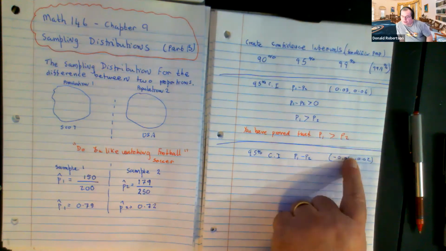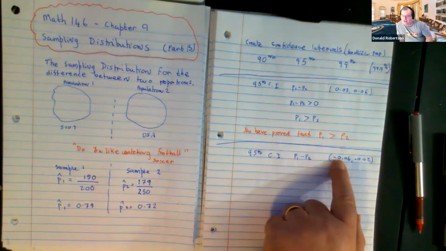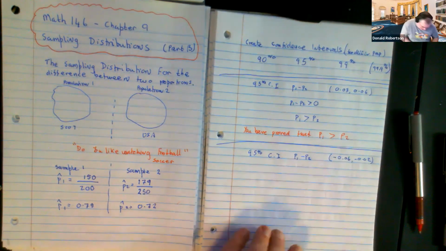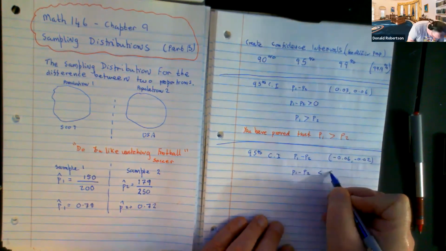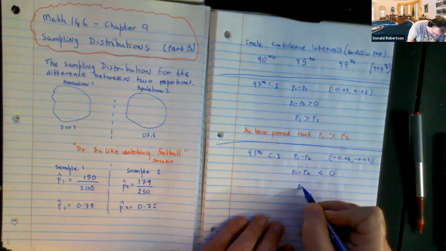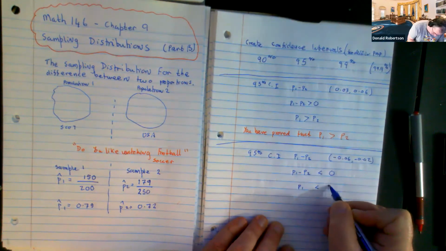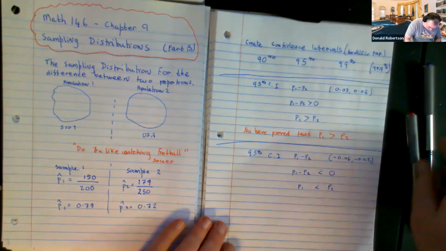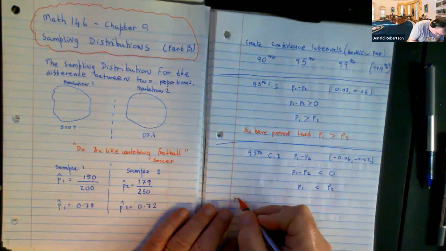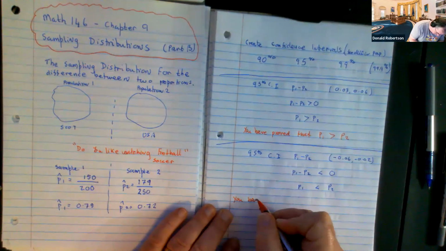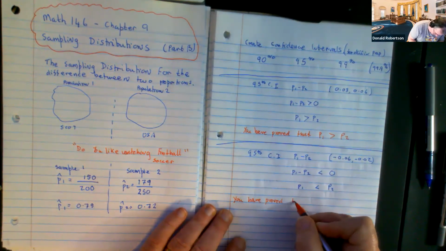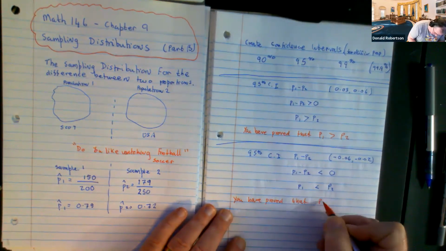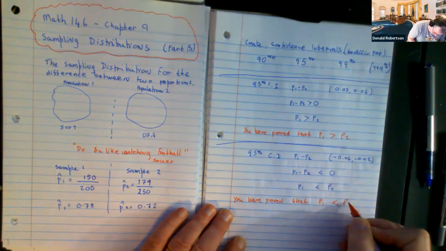All the possible differences between these two are negative numbers, which means that P1 take away P2 is negative, and that means P1 is less than P2. If that happens, you've proved statistically significantly